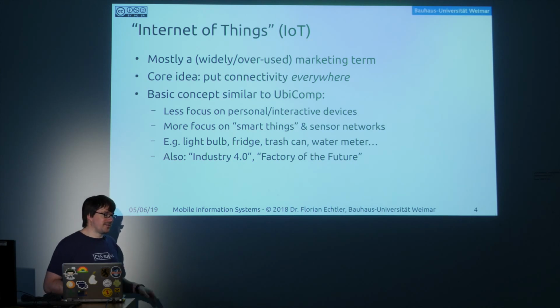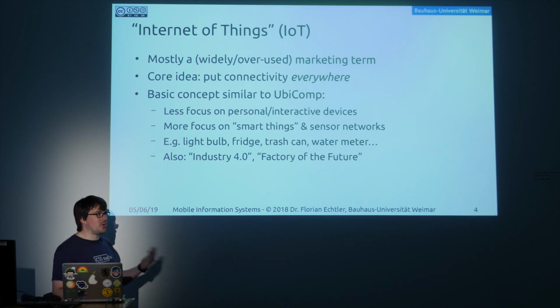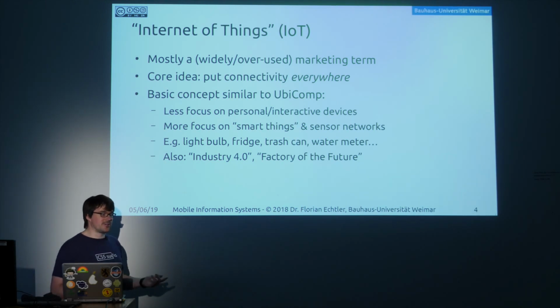There's also more of an industrial aspect to this IoT concept. The idea is, for example, if you have a large factory and are able to track every pallet with raw materials in your factory, then you can optimize things and need to have less raw materials in storage, for example. All these kinds of aspects are also often grouped under IoT.